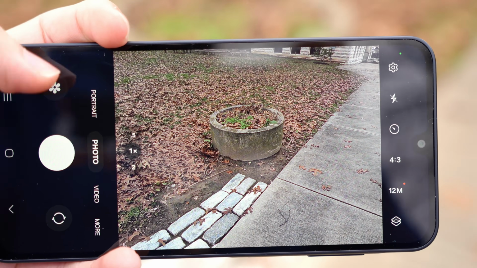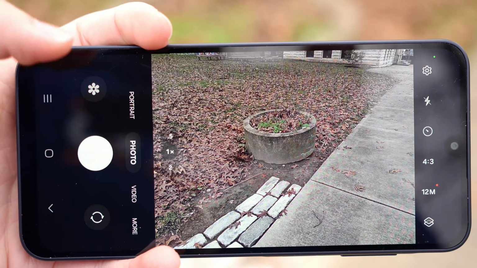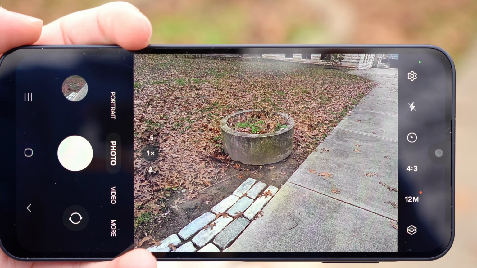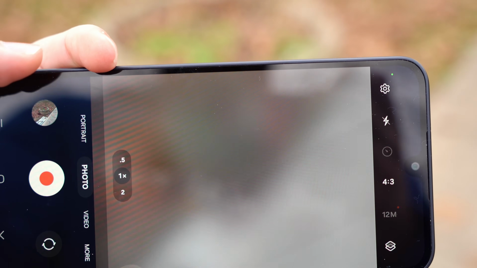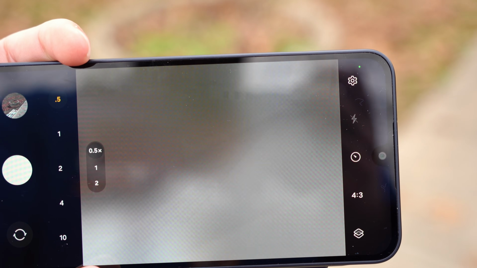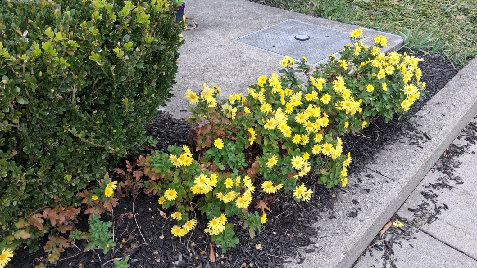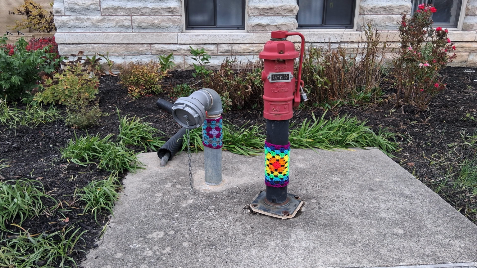Again, a solid camera experience, takes pictures really quickly. I do have to say that transitioning between the main sensor and the wide angle on the Galaxy A16 is slightly delayed, but it's alright. Picture quality is ever so slightly better, and I will give the edge to the Galaxy A16 just because it does give us the extra ultra-wide sensor.